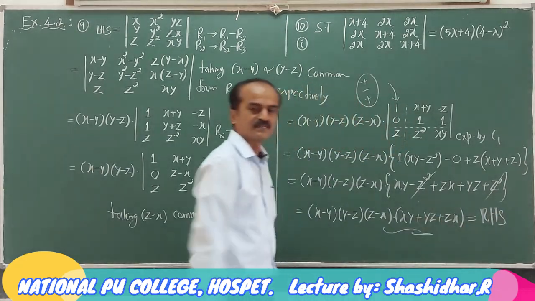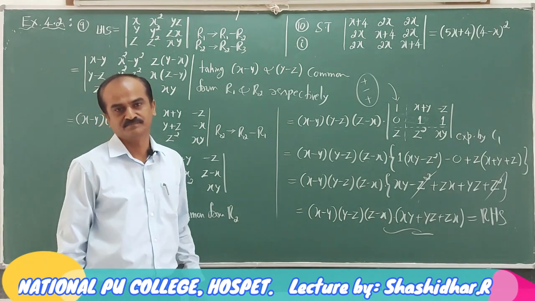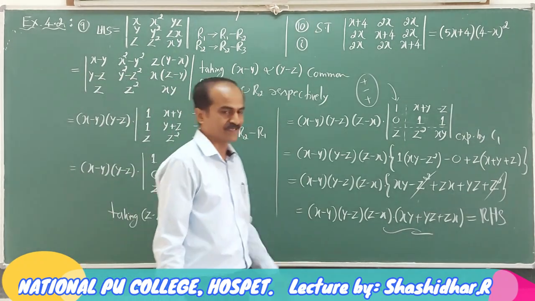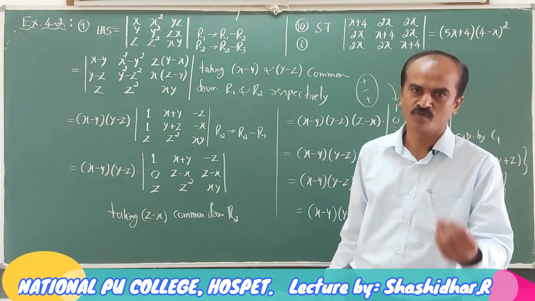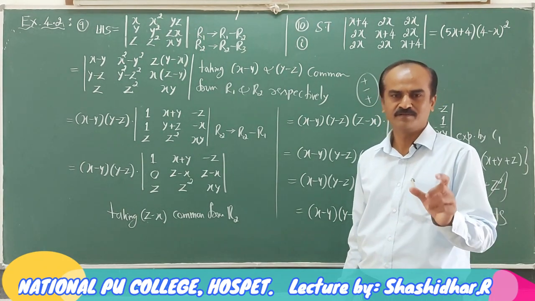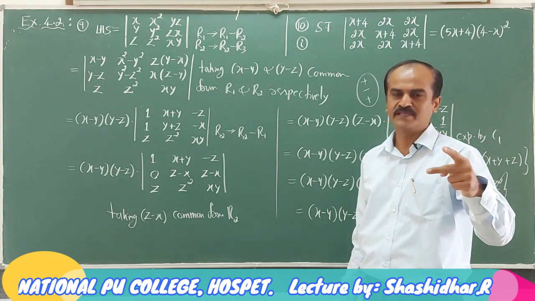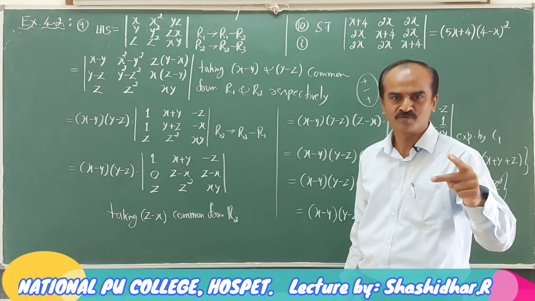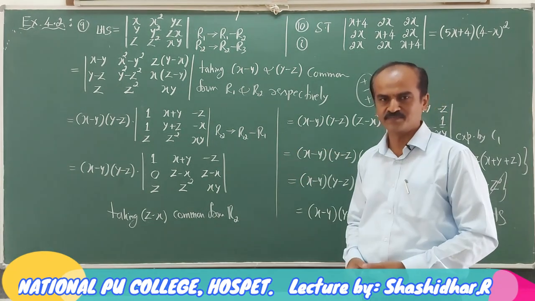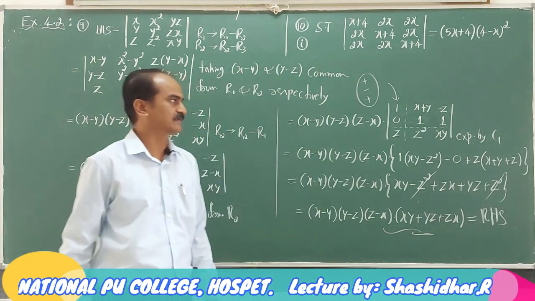That completes the example. Quite simple, provided you know how to plan row and column operations. Remember this kind of examples in the board exam for 4 marks. It will be in part E. That is, it will be 10 mark question, 6 plus 4. The second sub question which carries 4 marks will be one of the question from determinant chapter. So this kind of examples will be there. You need to practice well.